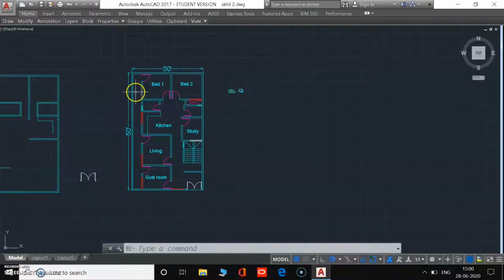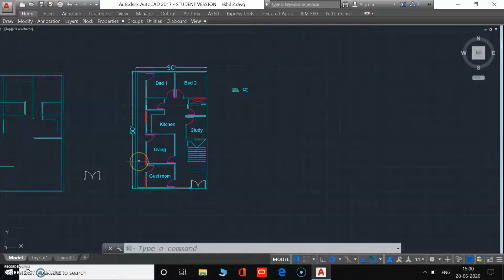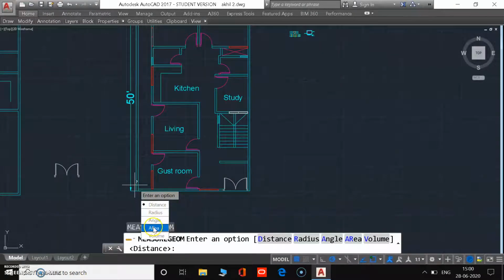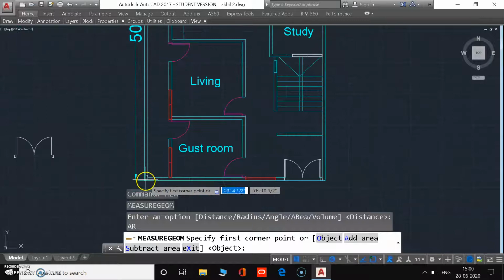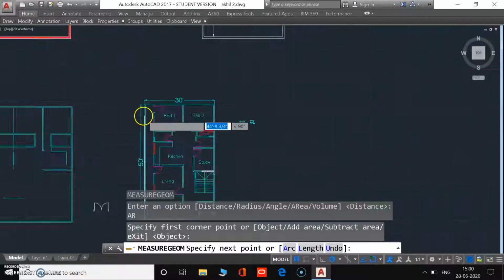So friends, let's select measure geometry again, and select area in the given column.